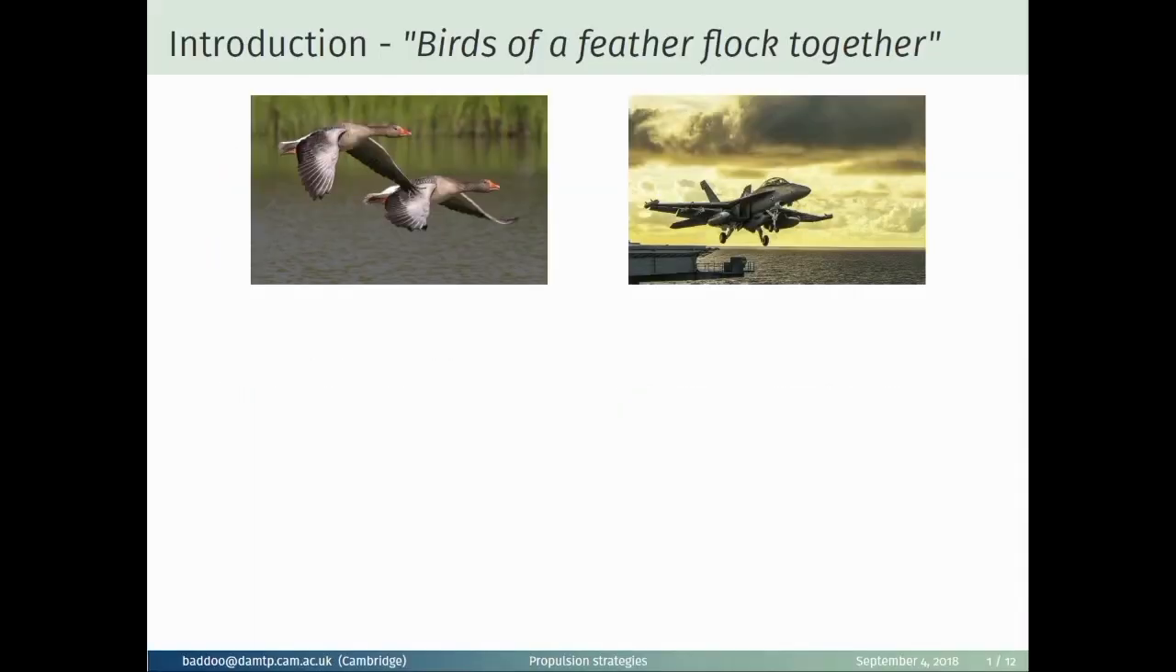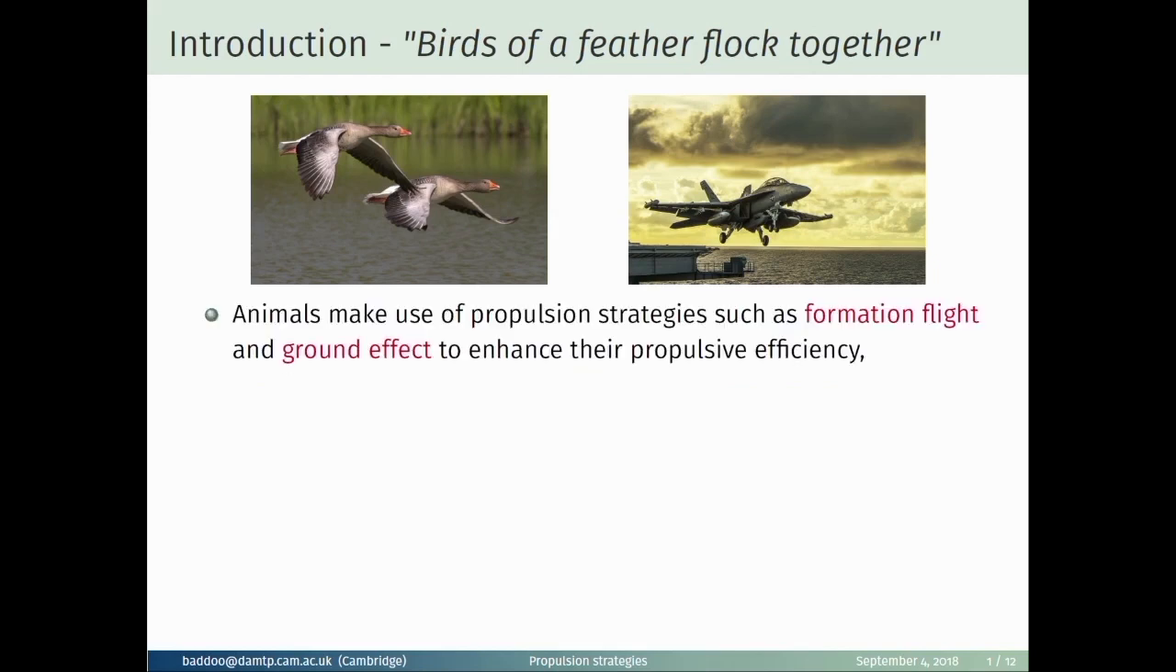Birds of a feather flock together, or so the saying goes. And as we hear this idiom, you might assume that its origin is because birds are highly sociable creatures, which of course they are. But over the last century or so, both engineers and biologists have clearly demonstrated the enhanced propulsive efficiency enjoyed by birds flying in formation, schools of fish swimming together, or flies or swimmers operating close to